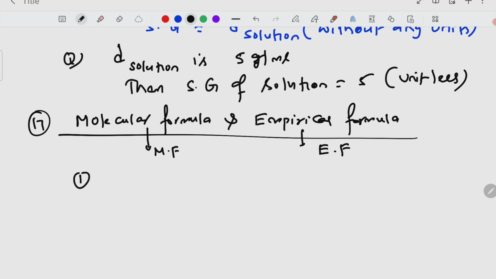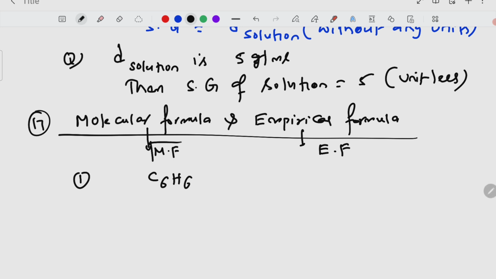I am taking directly one example here. If I take benzene, the most familiar compound, benzene, C6H6. See, molecular formula represents the exact number of atoms of each element. For example, C6H6 benzene formula, where 6 carbon atoms are present, 6 hydrogen atoms are present. Exact number of atoms is represented by molecular formula,